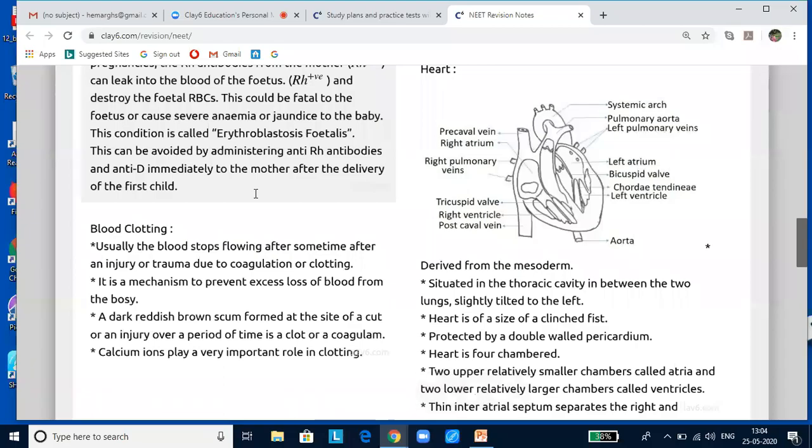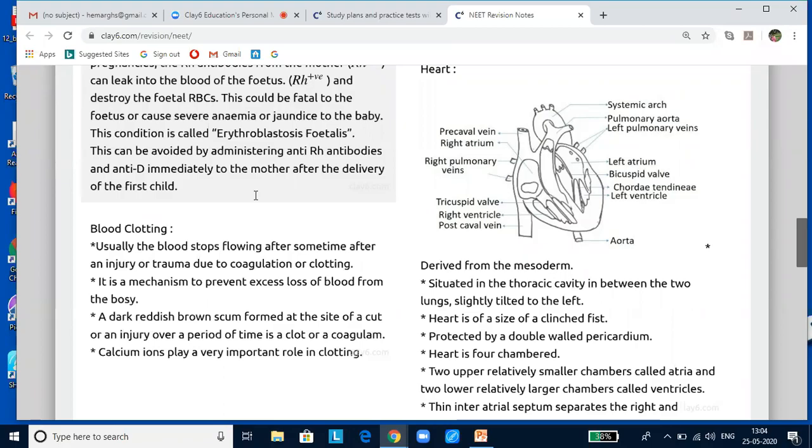Next, it is blood clotting, or the coagulation of the blood. In an injured or cut site, a clot is formed mainly of a network of threads called fibrin, in which dead and damaged formed elements of blood are trapped. Fibrin is formed by the conversion of inactive fibrinogen in the plasma by the enzyme thrombin. Thrombin is formed from prothrombin, and the enzyme thrombokinase is required for this reaction.